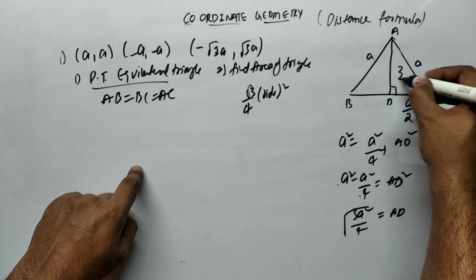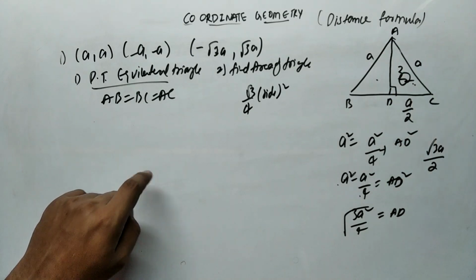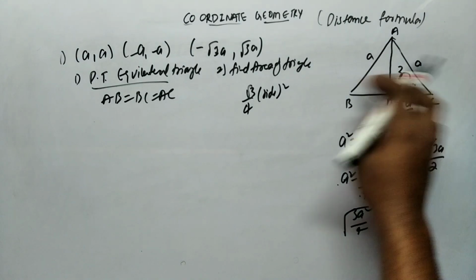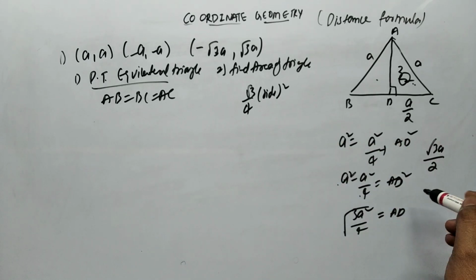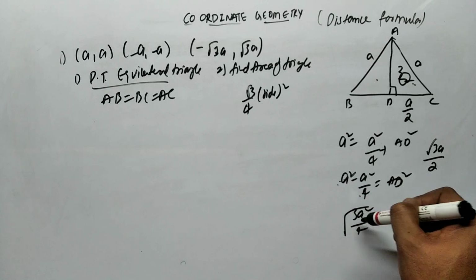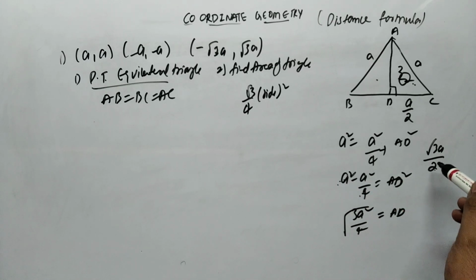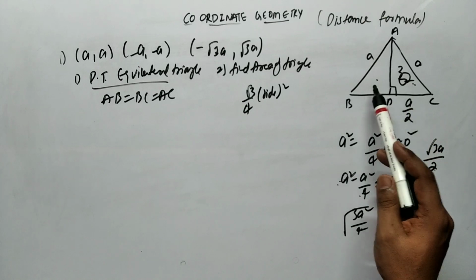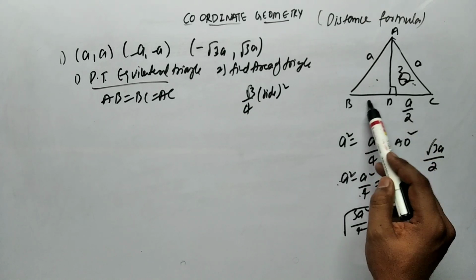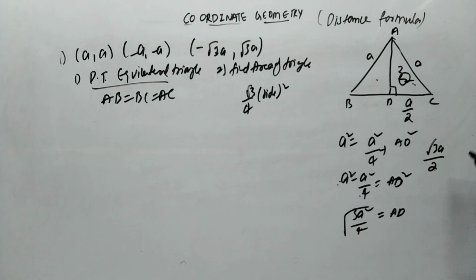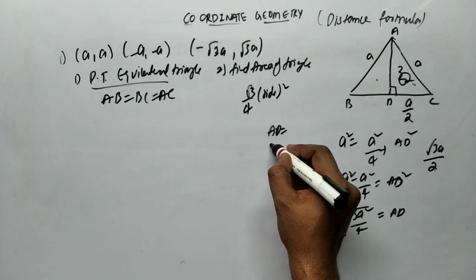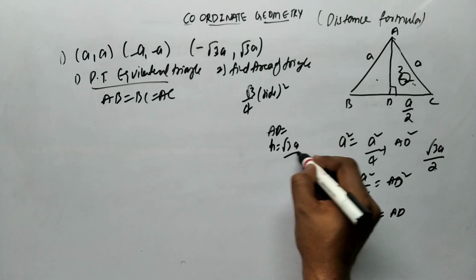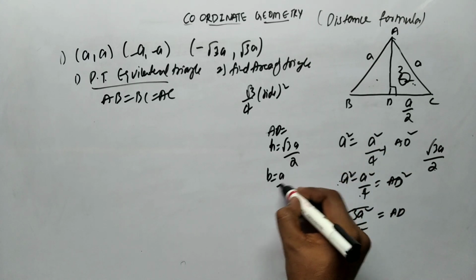So this is for the area of this triangle. We have 2 triangles here. So 4a square minus a square gives 3a square by 4. Okay, we have 2 triangles, and similarly this triangle also has the same length. We got the value of AD. What is the value of AD? AD means height. So the height of the triangle we got is root 3 a by 2. We have the base as a by 2.